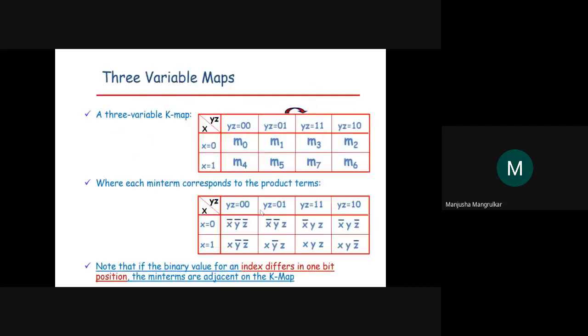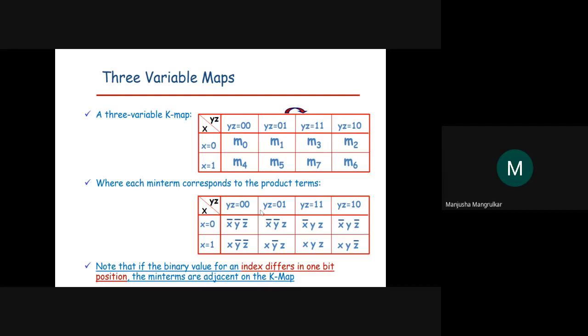Now we'll see the three variable. If it is a three variable x y z input, right? Up to now we have seen two variables, x and y. So if it is a two variable, how many maximum terms are there? There are four terms, because 2 to the power n, so 2 to the power n is equal to 4 terms. Now it is 2 to the power 3. So what is the maximum possible condition? There are 8 possible conditions.